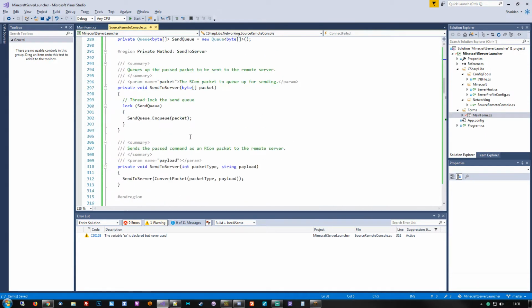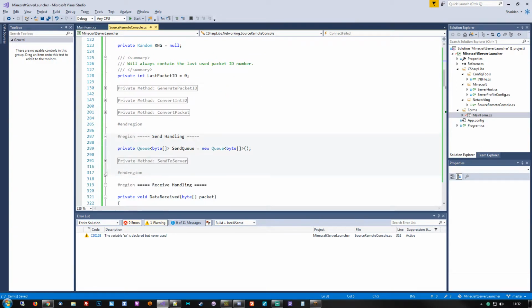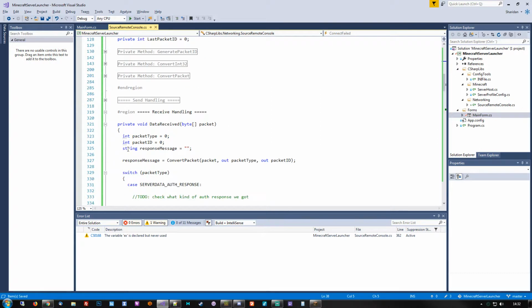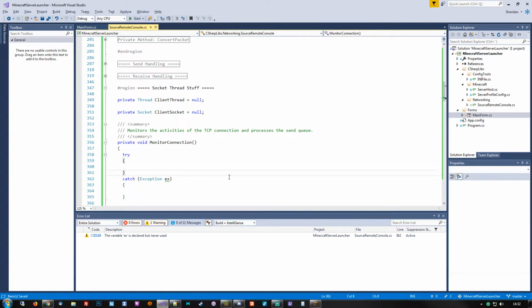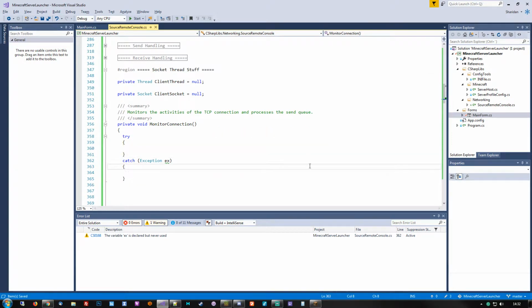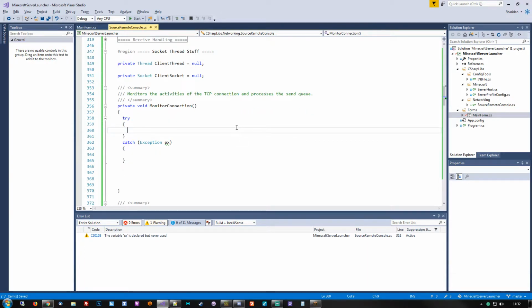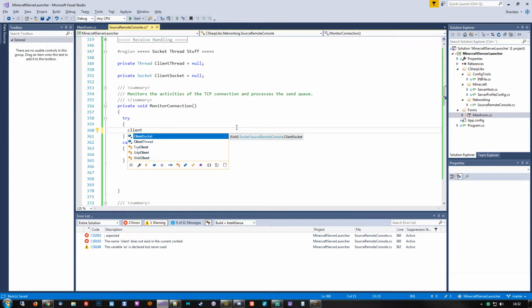Now, let's see, we'll collapse this because we don't need it right now. And receive handling we don't need right now, so let's collapse that as well, and that brings us back here. Alright, so we know that this can only happen if the client socket is null. We also know that this can only happen if we are not already online, and since these two will become interconnected, the only instance where this monitoring thread will actually go active is if there literally is no connection and no socket defined. So let's set up a new socket,